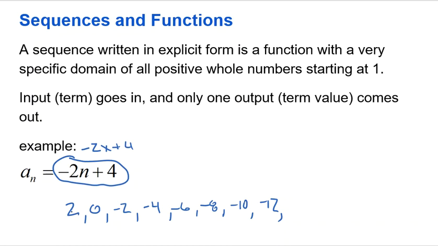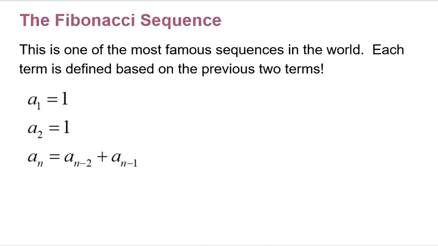So again here, this is the first, second, third, fourth, fifth, sixth, seventh, eighth. This right here is the 8th term. How can I confirm that? Well, if I plug in 8, -2 times 8 is -16. -16 plus 4, -12. I plugged in 8, that's the term. I got out the term value. Very, very simple. All right, now there is some really famous sequences out there, and there's actually several, but this